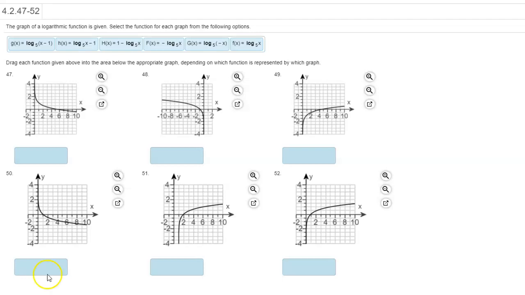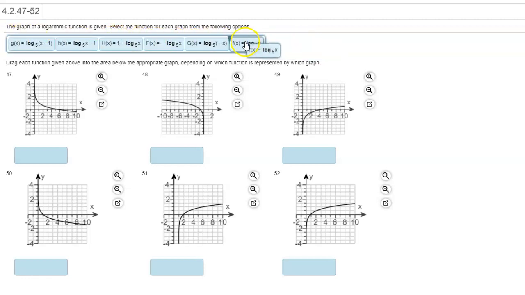On this problem, if I was to approach matching these up, the first thing I would do is find the base graph. So here we have log base 5 of x. So I know it's going to be in this exponential or this logarithmic shape because my base is greater than 1. So it's going to look like